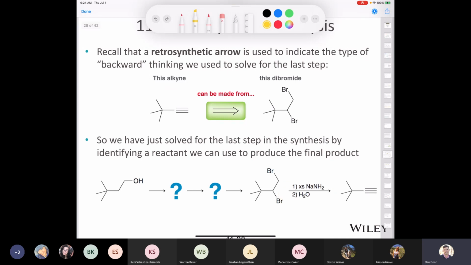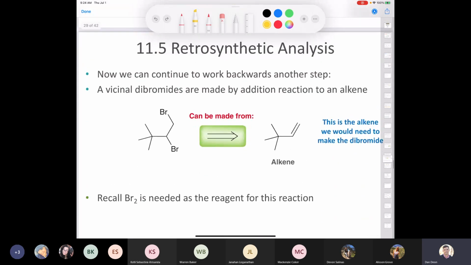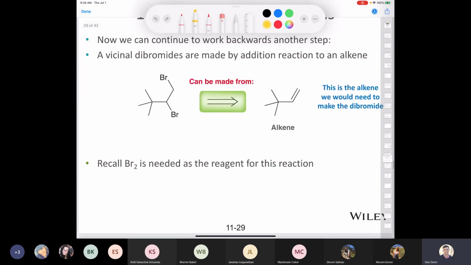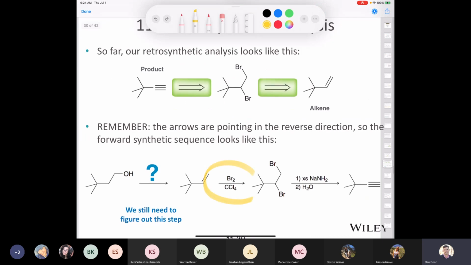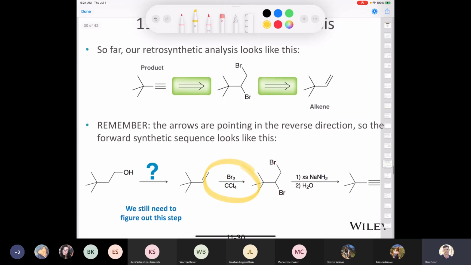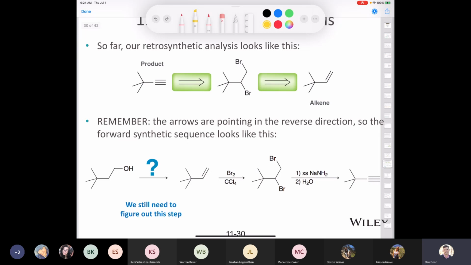Then if I think, okay, well, how am I going to make this vicinal dibromide? Again, the only way that we know how to do that would be to start with this alkene, right? So then the question becomes even more simplified, right? We have to get from here to here. We're basically going backwards step by step. And so there's the alkene that we need. We know that we can just treat that with bromine in a solvent like carbon tetrachloride to do the bromination reaction. And now we've again rendered the question even simpler, because now we just need to convert that primary alcohol